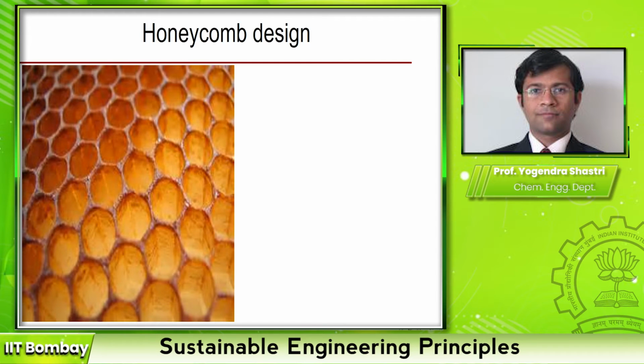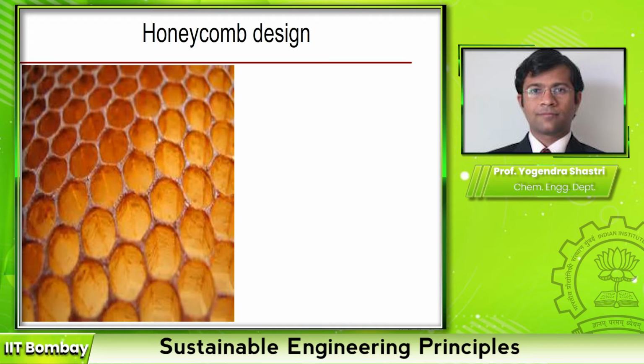Hello. So we have now looked at some approaches that can be used to develop sustainable solutions or target sustainable development. We have looked at the principles of green chemistry and principles of green engineering in some detail. In this video, I will talk about a very exciting concept of biomimicry. First I'll explain the concept and I'll show you several examples of how biomimicry has been adapted to solve engineering design problems.